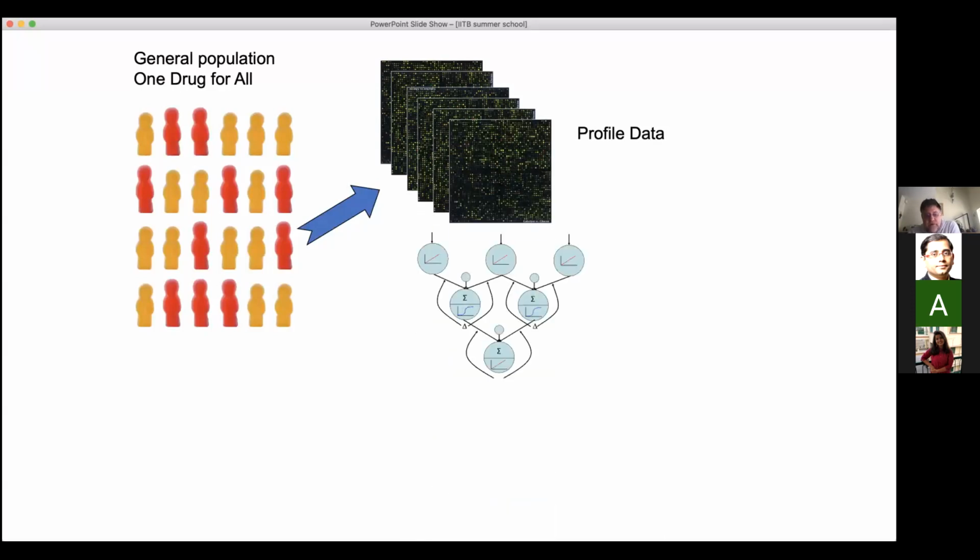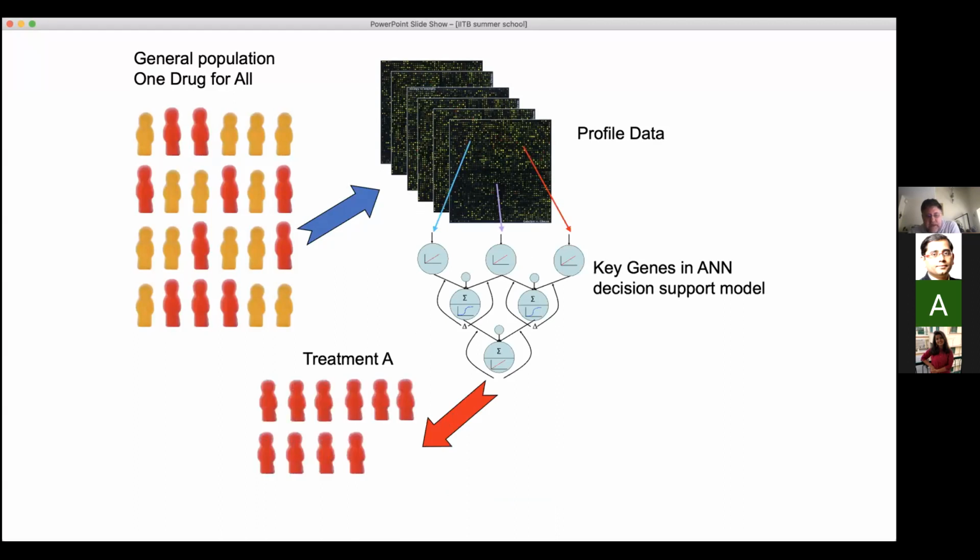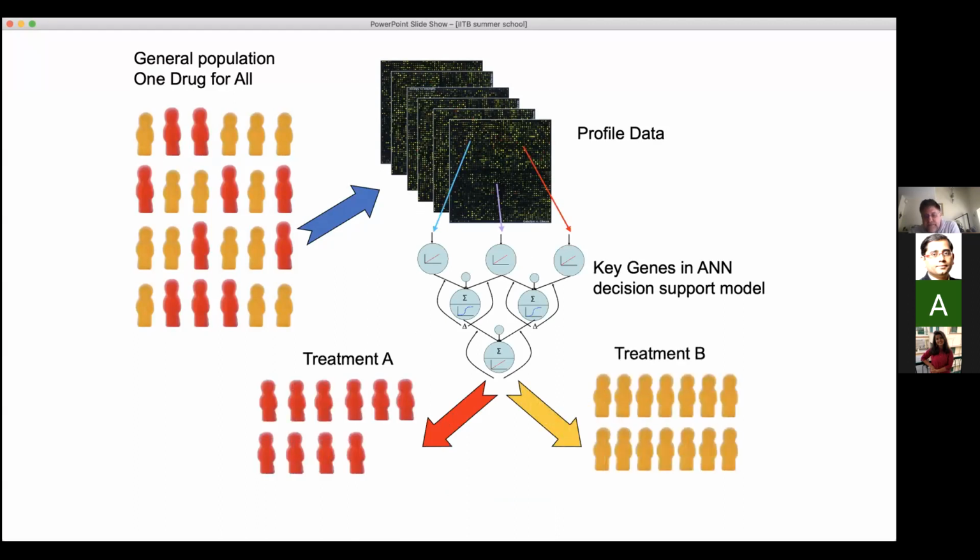And then we will use the neural network to predict the key genes and combine them into a model that allows us to then predict whether an individual should have treatment A or should have treatment B. So effectively, the neural network has learned a solution to the problem of who should be treated with what drug. And from there, those individuals will be able to be treated correctly, because we'll have a model that can predict that for them based upon the expression of their genes in a particular sample. Now, so that's neural networks.